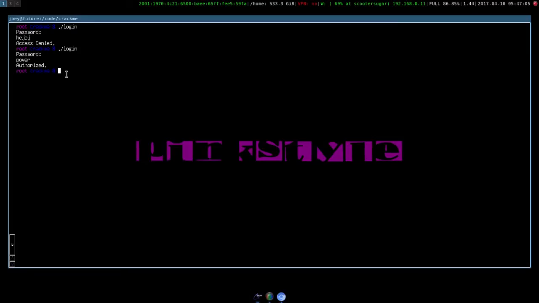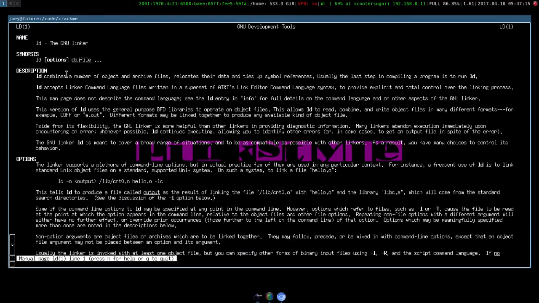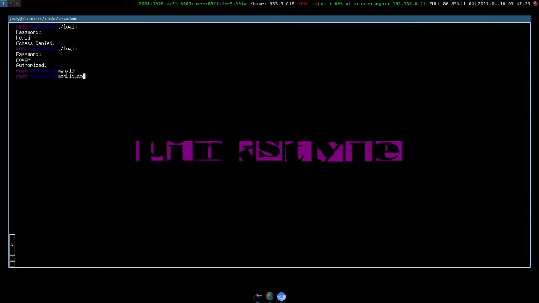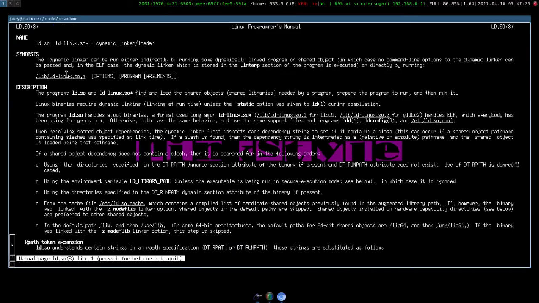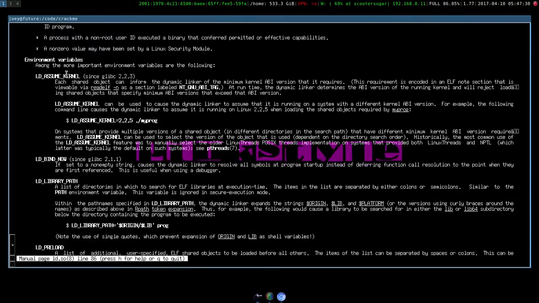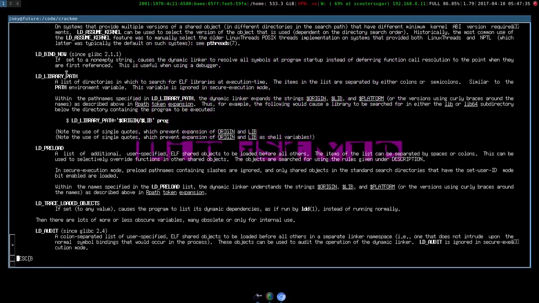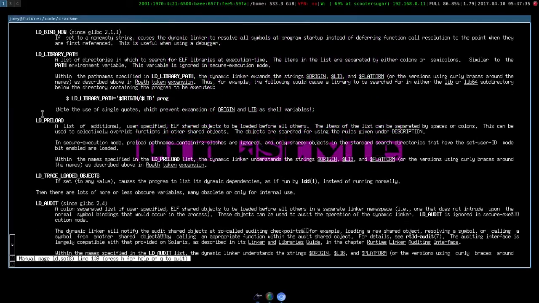So what we're going to do, I'm going to show you a man page for the linker here. LD is the actual linker. What this does is it will link shared object files, like the standard C library, into binaries. Now, one thing that I want to show you is there are different environment variables that you can use with LD that it reads, and a very important one here, one that we can use to our advantage, is called LD